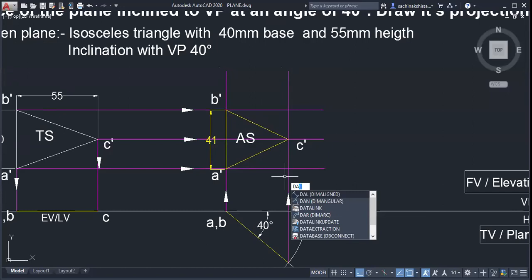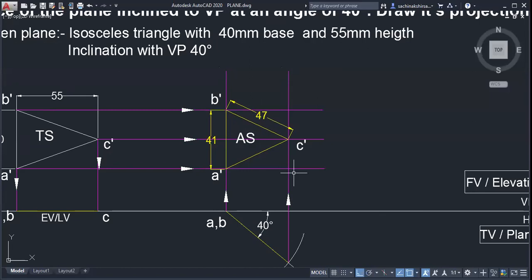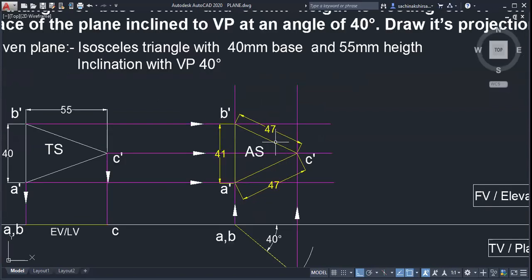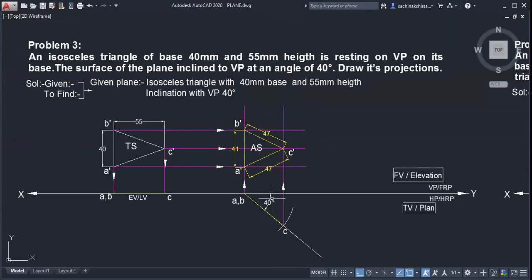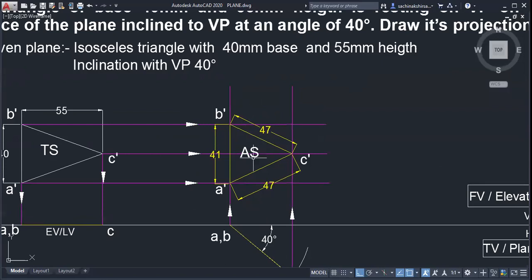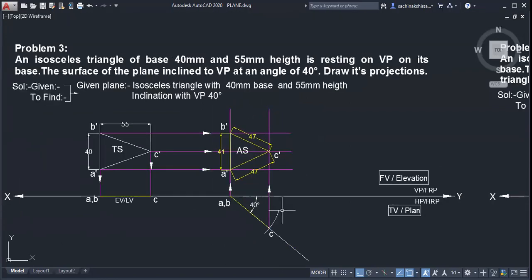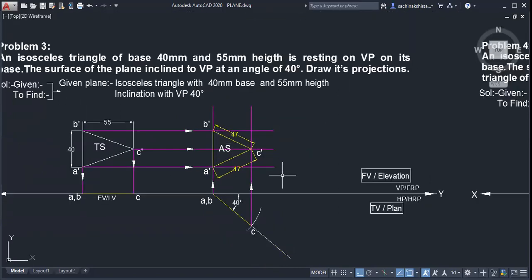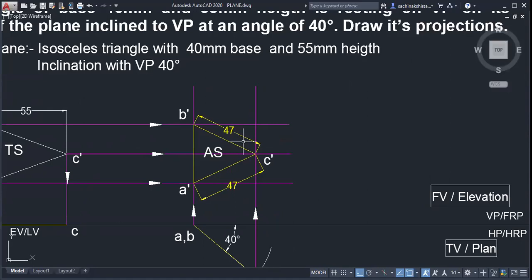This distance is 47. Who said it is an equilateral triangle? It is 47. Measure it in your notebook and tell me. It should not be. Is this an equilateral triangle? That's why it is not 40. If it were so, sir, how much is the apparent shape of this isosceles triangle, these two sides? Forget about this base. How much did these two sides come in yours? Around the same: 46, 47, 48. It is not an equilateral triangle. That's why this inclination should not be that.